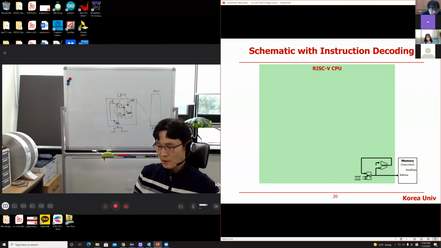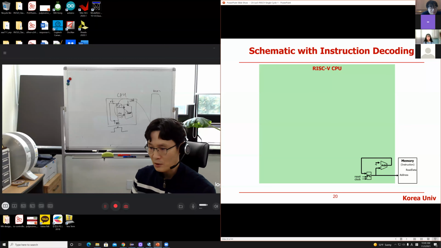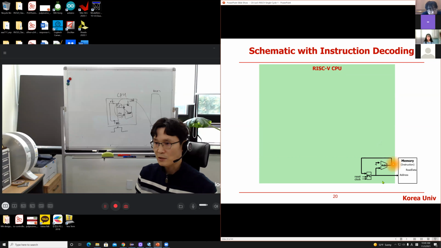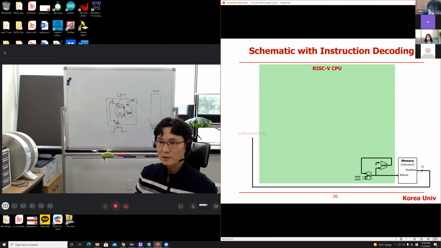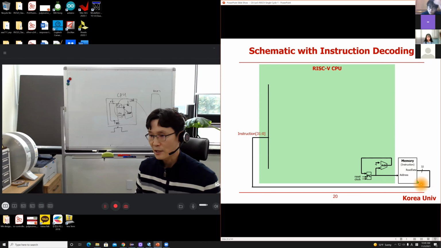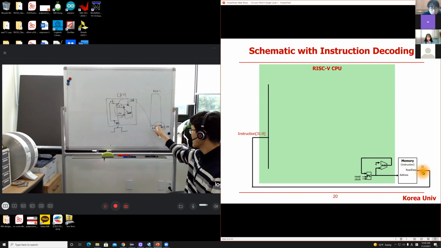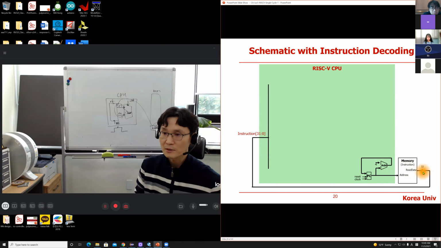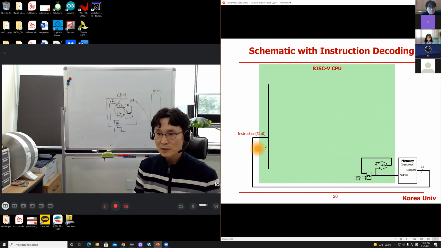So let me show you a schematic diagram of the decoding logic. That is the instruction fetch logic. Based on the program counter, the instruction memory can provide the machine code instruction at that location. For example, an addition operation. It provides the instruction, and then